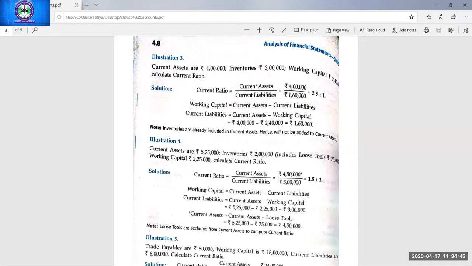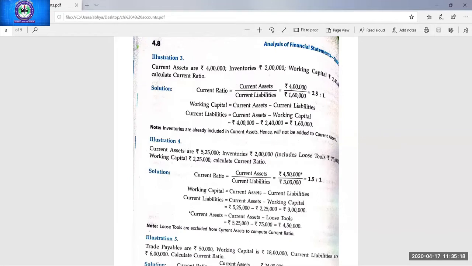No. So I just want to make one thing clear: whenever any whole concept is given, yes, Anirudh Gupta is saying that it is added in current liabilities. You need not add it in current liability. It is already added in current liability. I told you earlier also, whenever the current liability word is given, current liability means the whole concept which you need in the question. So you need not make any change in it, need not add anything, need not subtract anything.